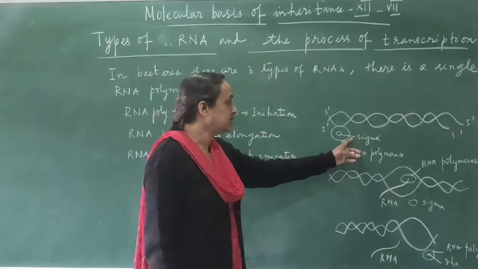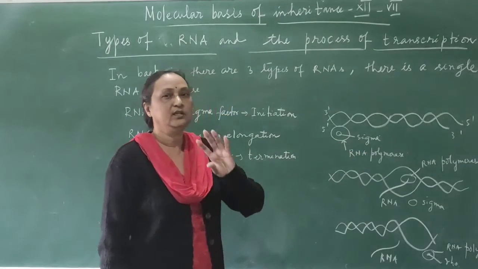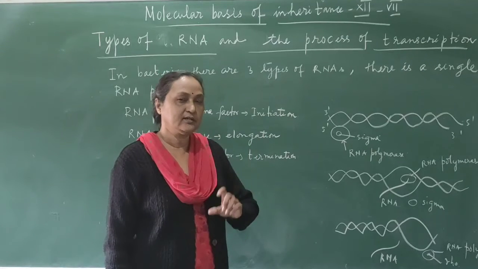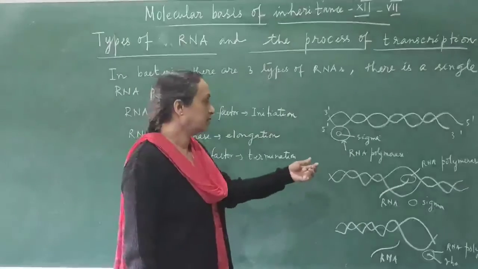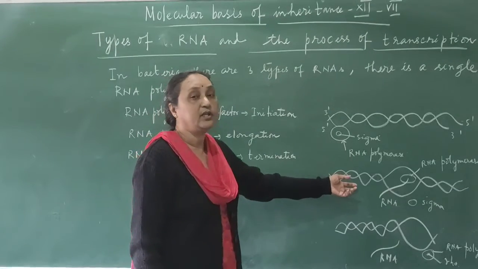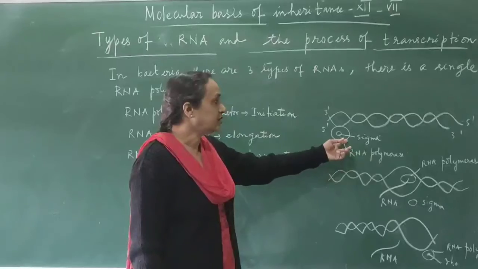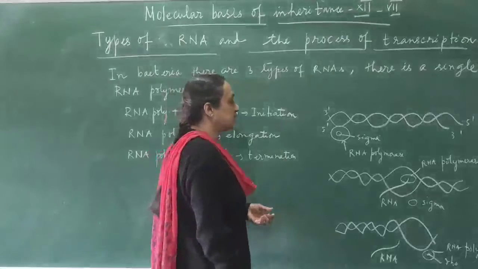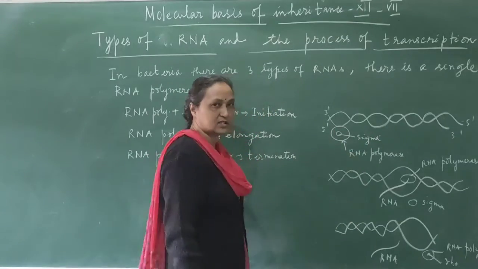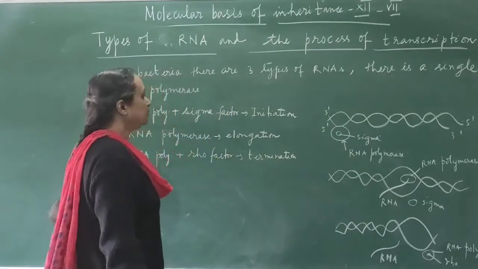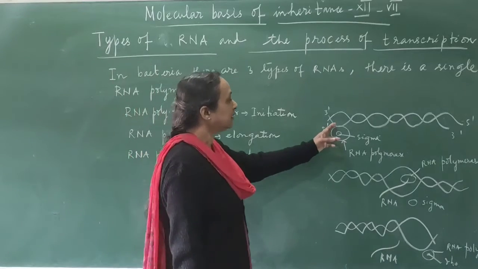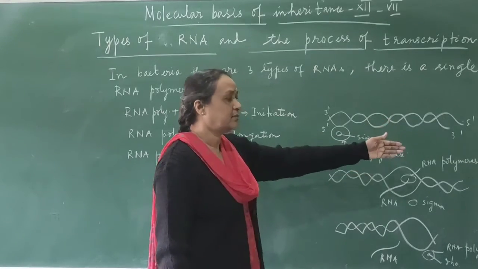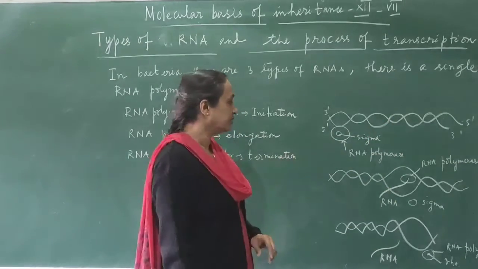When the sigma factor is associated with RNA polymerase, there is a morphological change, and now the function will be different. Otherwise, the RNA polymerase simply could initiate the process of elongation. But when the RNA polymerase binds with sigma, some modification takes place, and now the function is to start the process of transcription. Then, as per the complementary bases of the DNA template, the RNA bases come and join, and a small RNA molecule is produced.